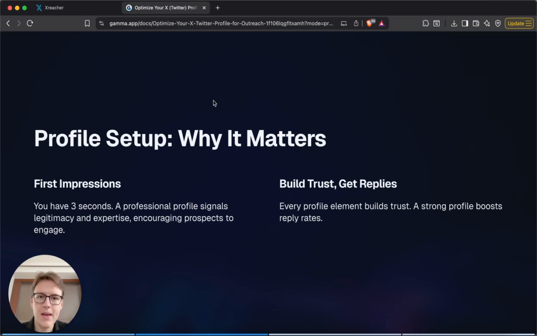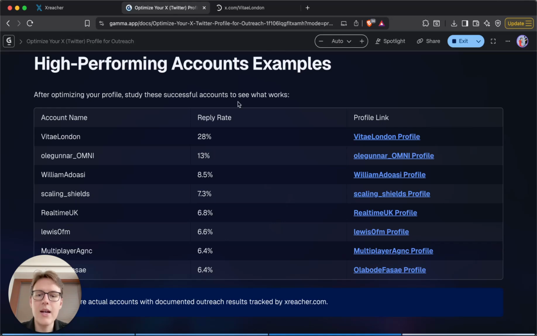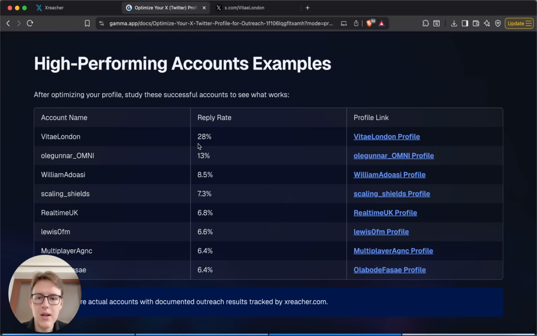So right now, let's actually look at some real-time examples. We're going to take them from our database that I've collected, and we'll see what they are doing with their profiles. I just picked a few of these examples, and these are the attached reply rates they have averaged on a bigger data set. So I filtered it for at least 1,000 DMs sent from these accounts, and we are going to look at the profiles. So this one is the first, an obvious outlier, and the reason this account was able to achieve